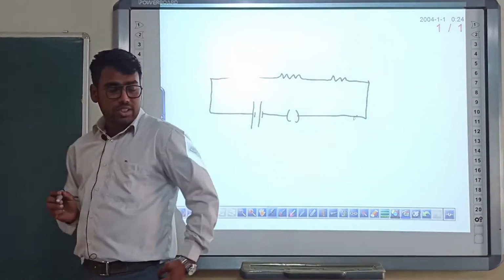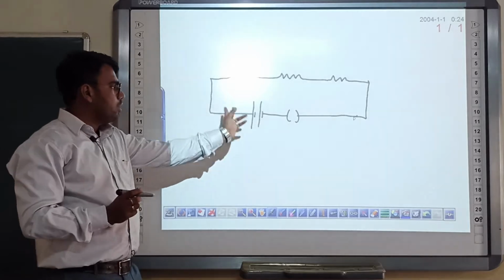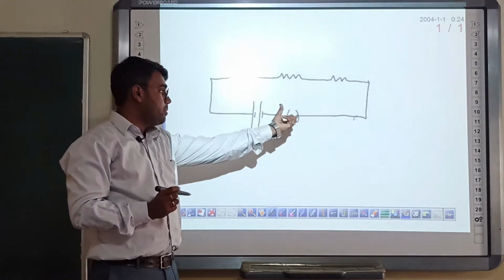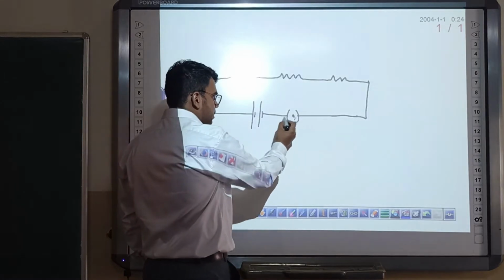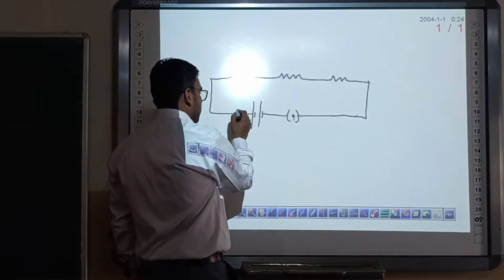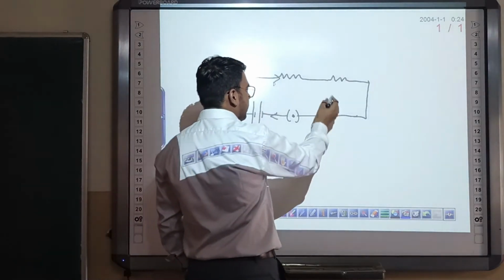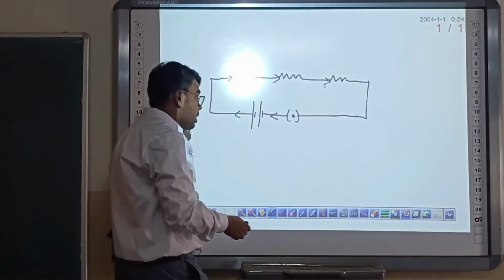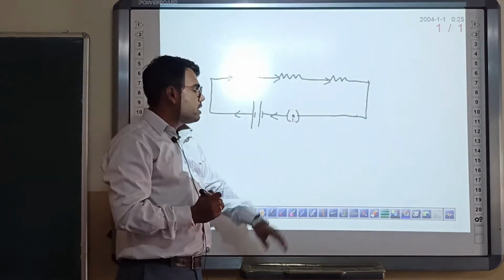Okay, this is an open key, that means current is not flowing in the circuit, that means this circuit is broken from this point. Now if I switch on this, current will start flowing, it will get current, it will get current, and it will also get current. So all the resistances are getting electric current by only a single switch.